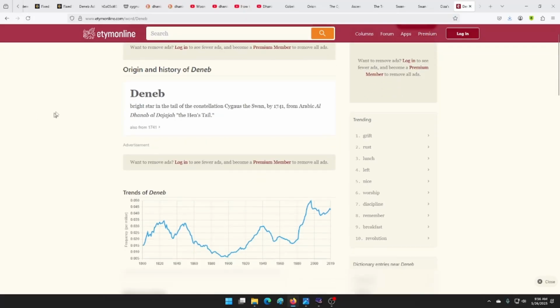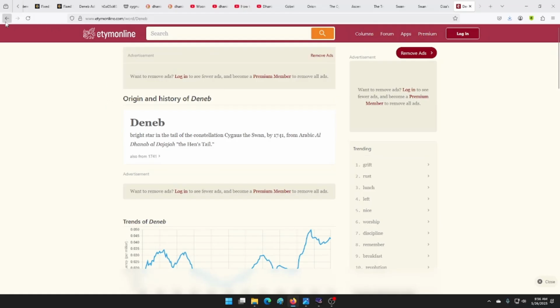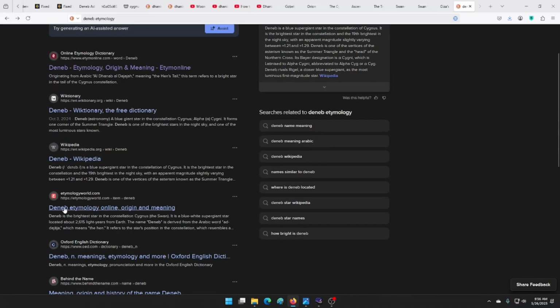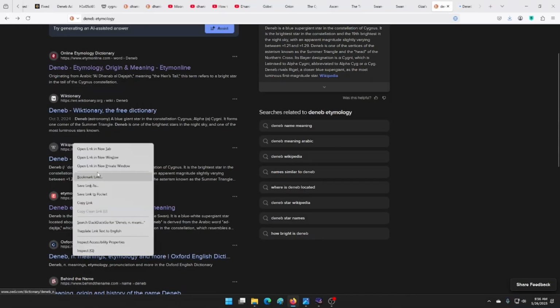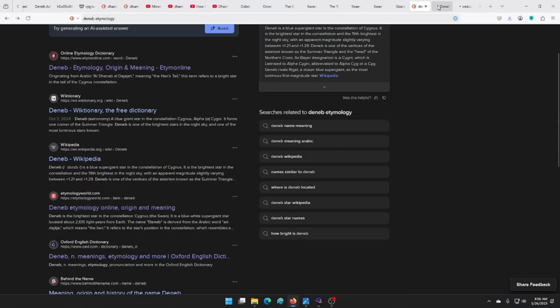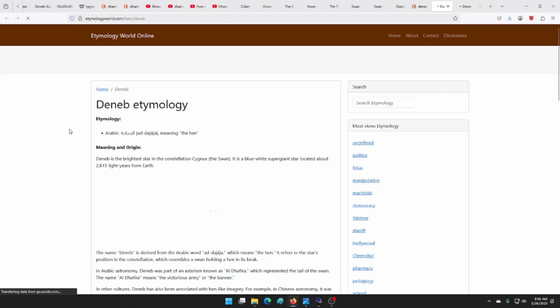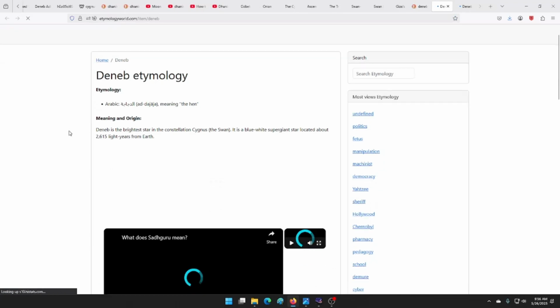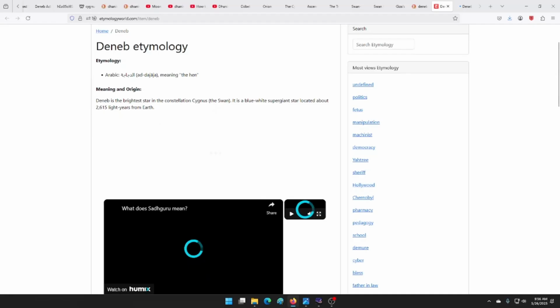Let's see the etymology of Deneb. Al-Danab al-Dajaja, the hen's tail. All right, doesn't say much. Let's look at this etymology. Oxford English. (2,615 light years from Earth). That's pretty far. So Deneb means